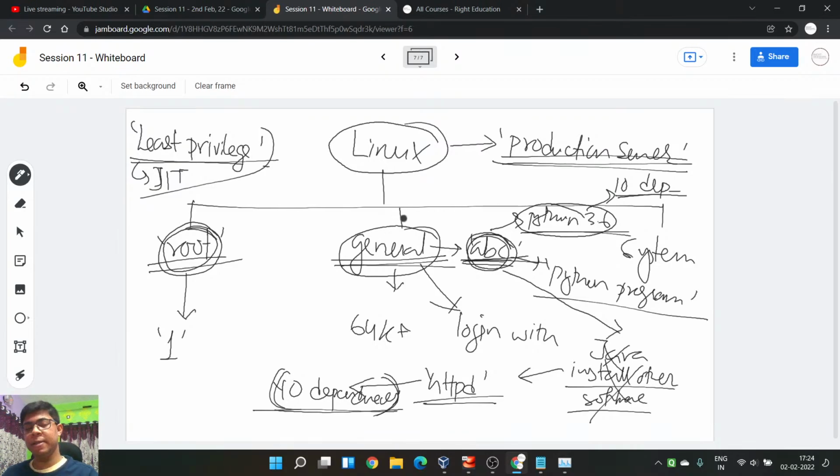So that's why we always say give the least privilege. Don't give the privilege to anyone. But as you know, root has all the privileges, so this concept you cannot apply to root. So what can we do? In all the servers, you will see the root account is disabled.